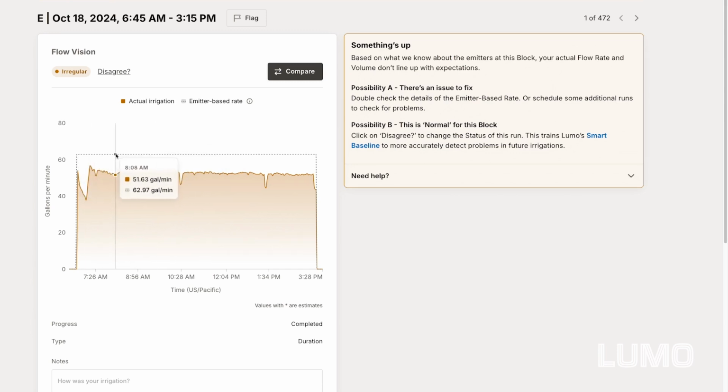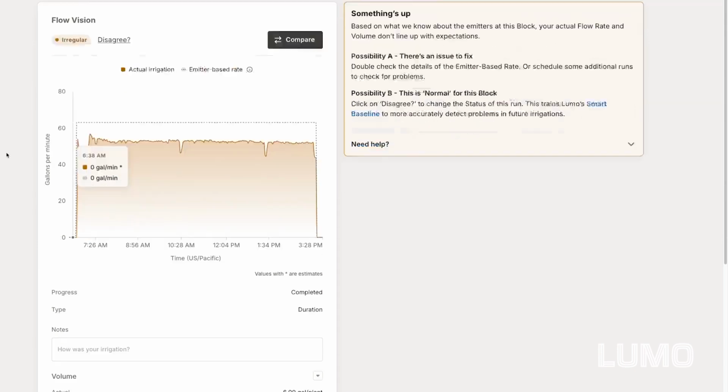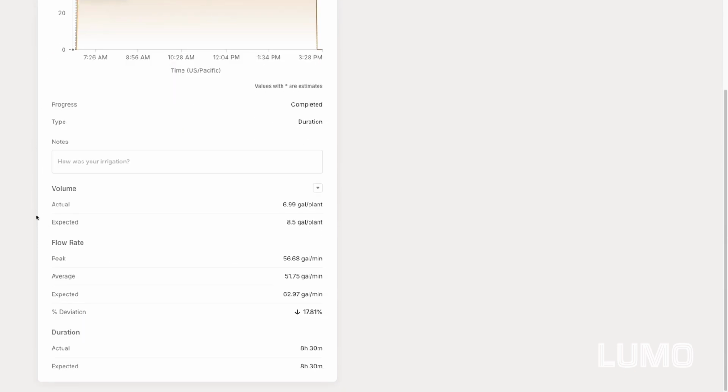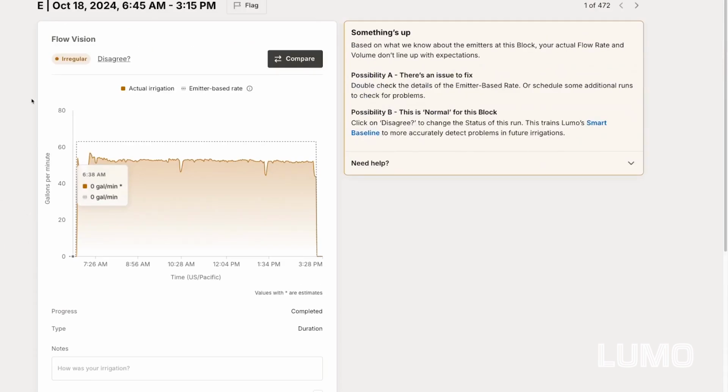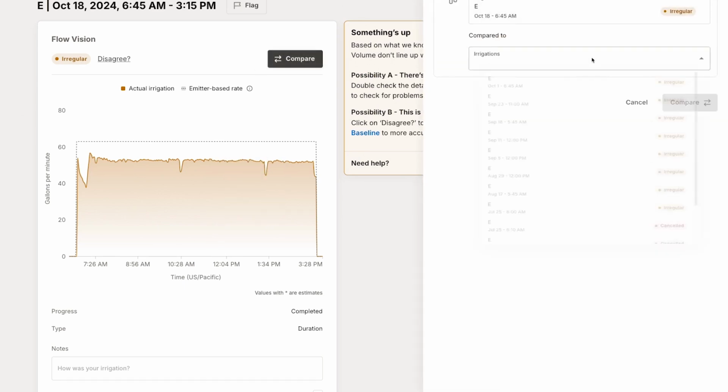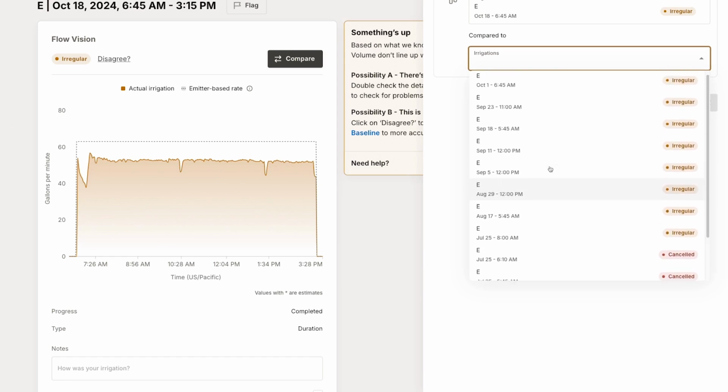Now we can see that this irrigation was below the expected flow rate and thus below the expected volume. The expected rate is the dotted line at about 62.97 gallons per minute. The actual rate was much closer to 53 gallons per minute. We can also look at these stats as we scroll down the page. If we want to compare and see if this is a normal flow rate for this block, perhaps our emitter-based rate is incorrect, we can hit the compare button and select a previous irrigation